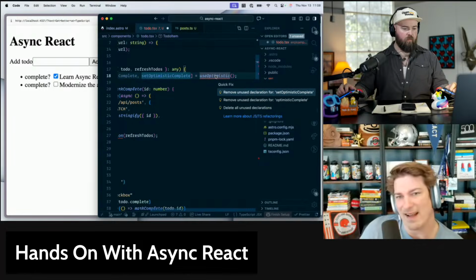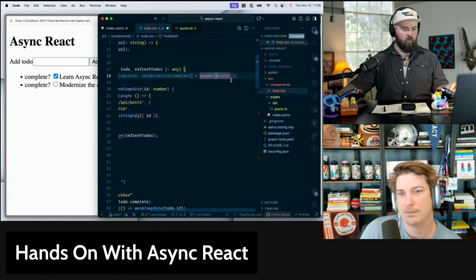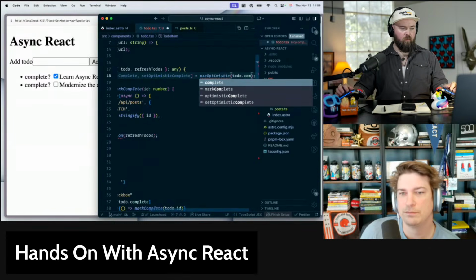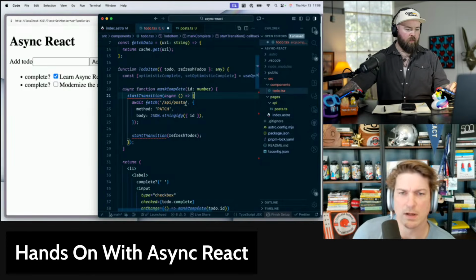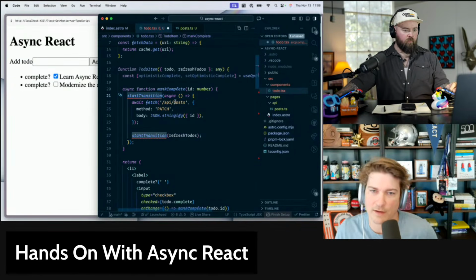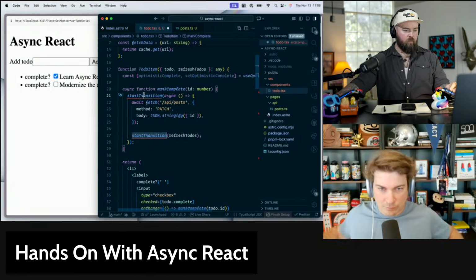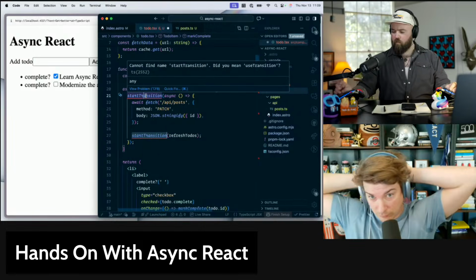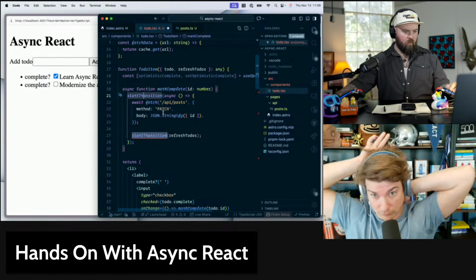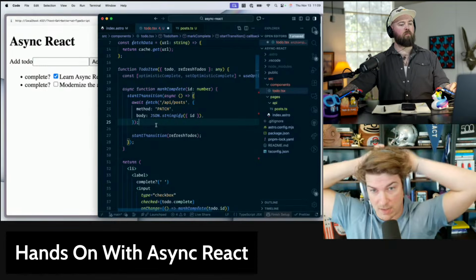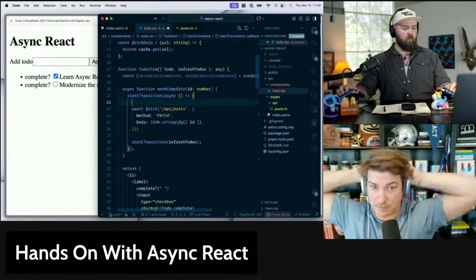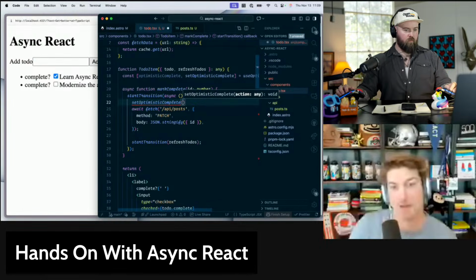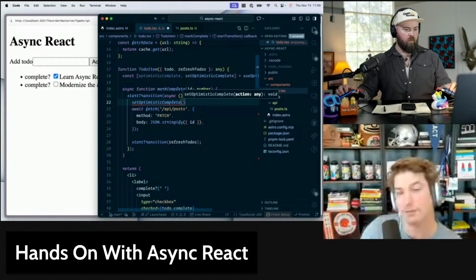And pass in the value that we want it to complete to, which would be todo.complete. Great. And now our startTransition, let's import that from React. And then at the beginning, before our fetch, let's set the optimisticComplete, and set that equal to not optimisticComplete.